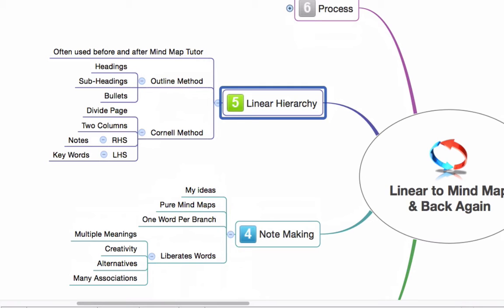The way I structure my linear notes is using the outline method. Now, the outline method can even be done in a word processor like Microsoft Word, where you divide your content into headings, subheadings, and bullets. If you want to capture more information, I often use what is called the Cornell method. I go into more detail on the Cornell method when I teach people this system in more depth. But basically, the Cornell method divides your page into two columns. The left-hand side contains your keywords or your hierarchy, like your headings, subheadings, and bullets, and the right-hand side contains